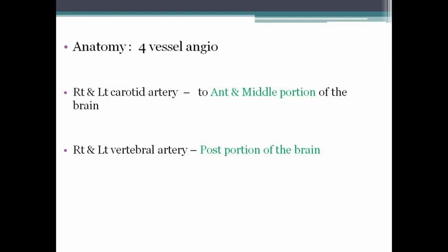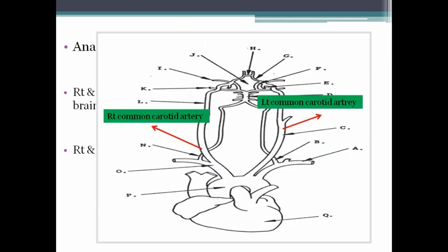So that's what is called a 4 vessel angio. In the right and left carotid artery, it again divides into anterior and middle portion, whereas the vertebral artery gives the posterior portion of the brain. It gives blood supply to the posterior portion. You can see in the image here,